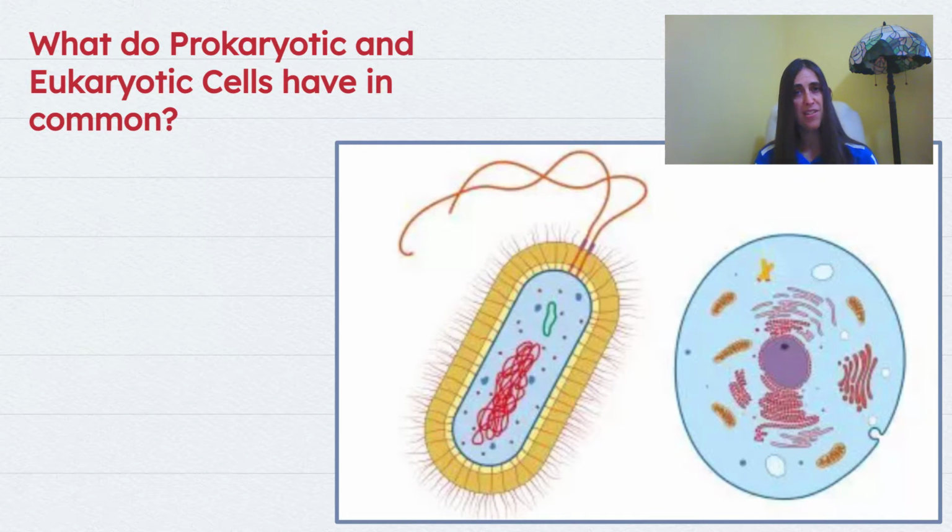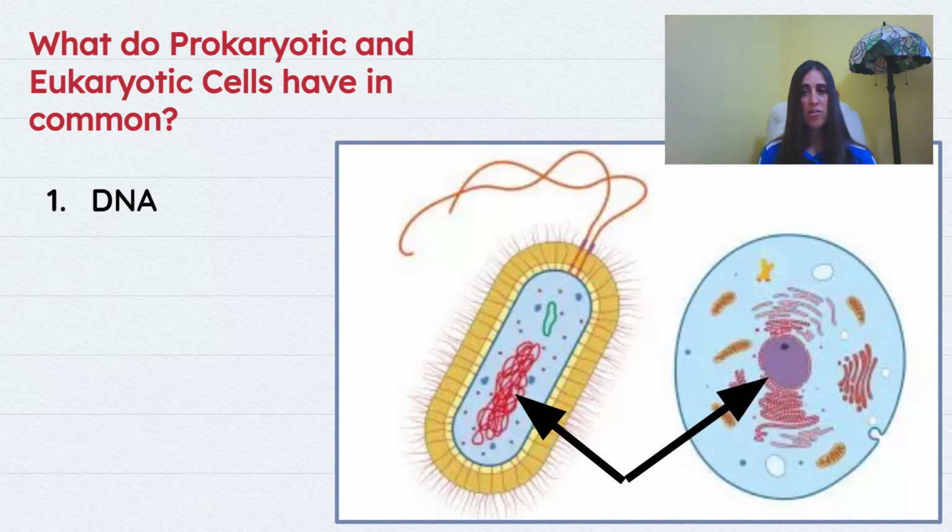Eukaryotic and prokaryotic cells have four things in common. The first thing that they have in common is they all have DNA. This is a vital component to all cells. They can't survive without it. In a prokaryotic cell, you can see the DNA, it just kind of looks like squiggly lines. In a eukaryotic cell, it's contained within the nucleus. Now, DNA is important because that contains all of the genetic makeup of the cell, and it allows the cell